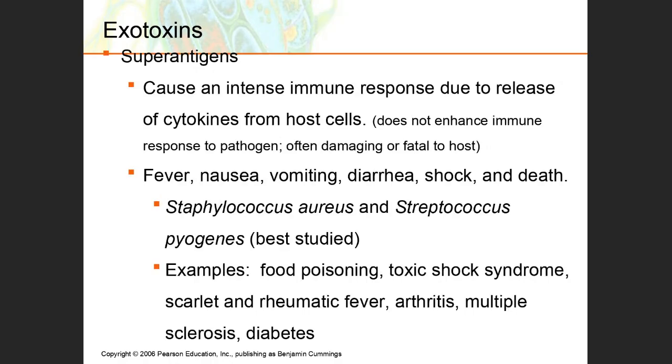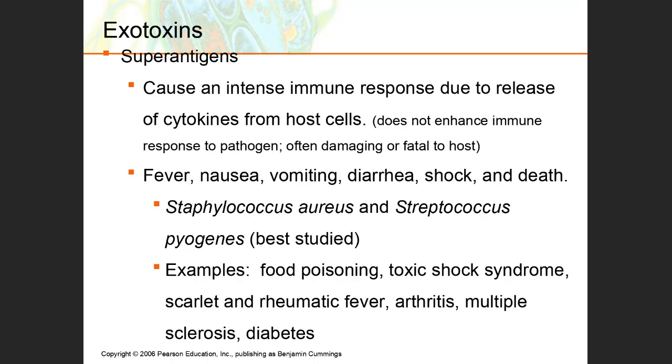Now, when it comes to superantigens, they're not super good, they're super bad. Normally your immune system is responding to an antigen. But the problem with superantigens is that they cause an excessive response by the immune system. In fact, it's an overreaction by the immune system. And so one of the things that we're going to talk about are different chemical mediators, which we collectively call cytokines. And the idea behind chemical mediators is that they help to